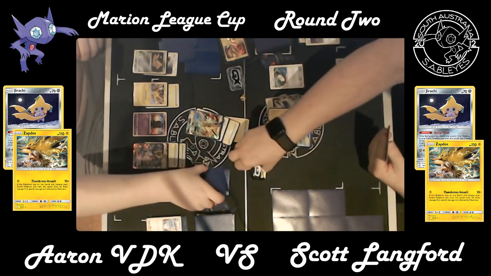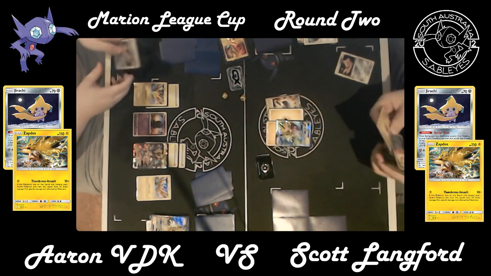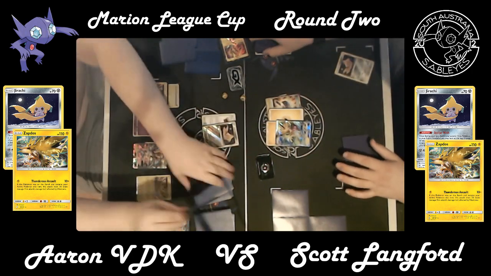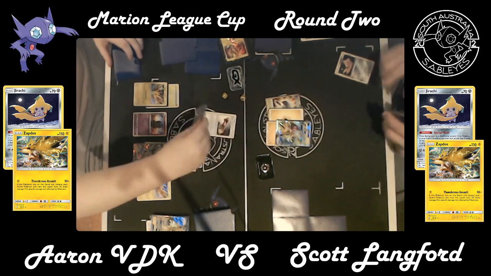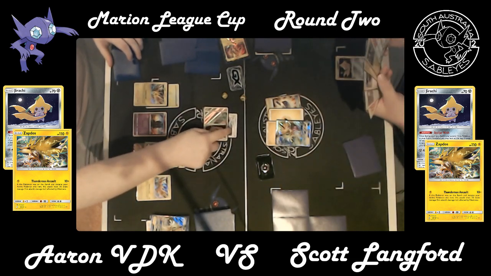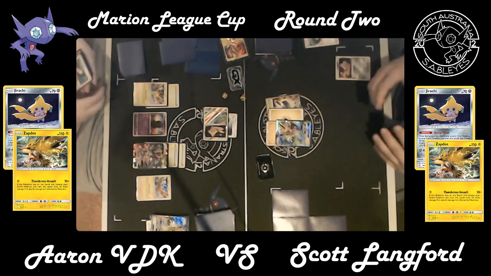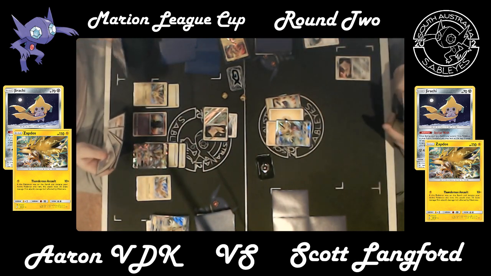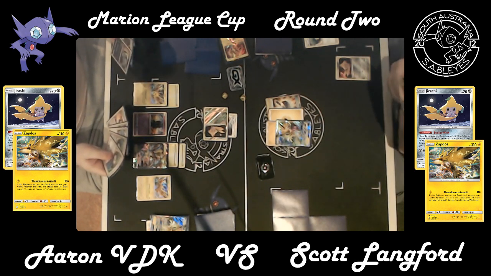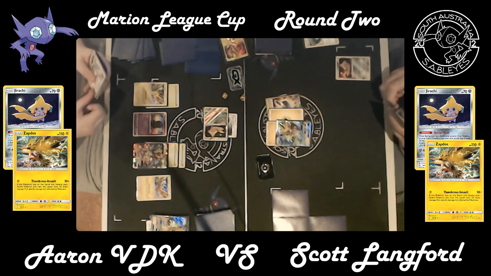That's true. So, oh my god! Oh well, look at this. That's a big knockout from Scott, and now suddenly he's in the box seat. I mean, even though Scott was doing very little in these first few turns, he was still applying pressure, still taking prizes, and we actually see him far ahead in the prize trade now, despite what little resources he's had to work with. And there's no way for Aaron to get a similar style knockout because there's no way to attack this Jolteon. It's invincible for a turn, so...